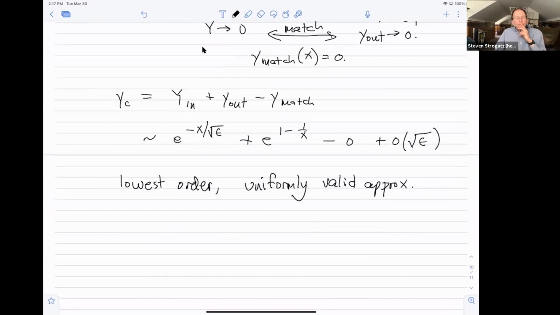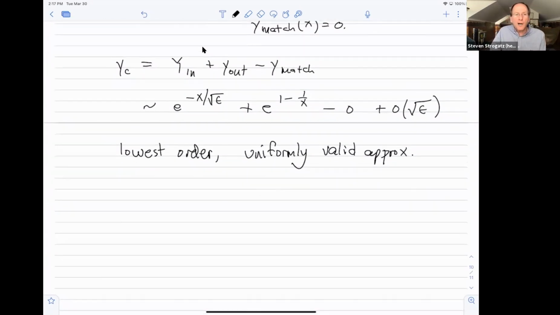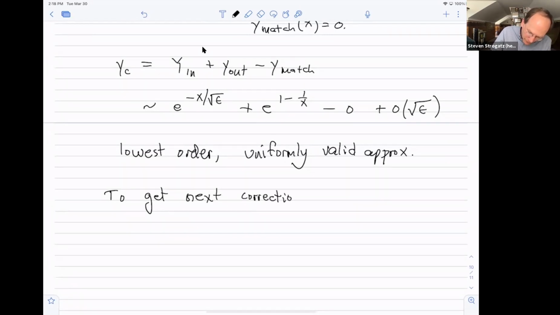And so let's see if it's any good. But before I show you the numerics, I want to make one comment, which Bender and Orszag also make, and it's interesting: suppose we wanted to go to the next order of approximation. You don't need to, as you'll see, for a lot of purposes. But if you did want to go to the next order, like to estimate the error in this lowest order, that's one reason to calculate the next term.